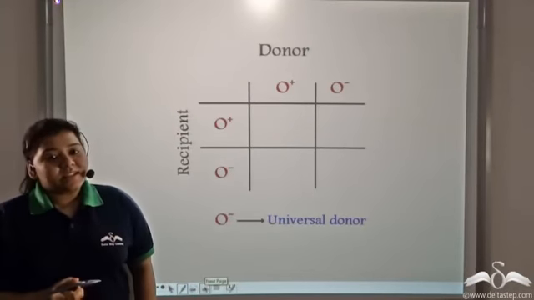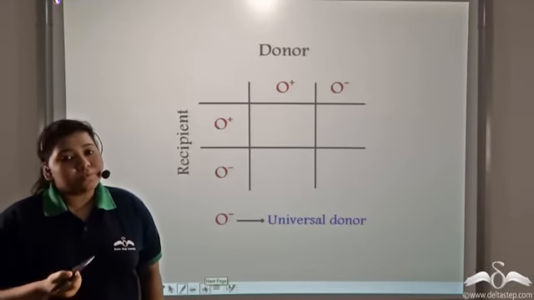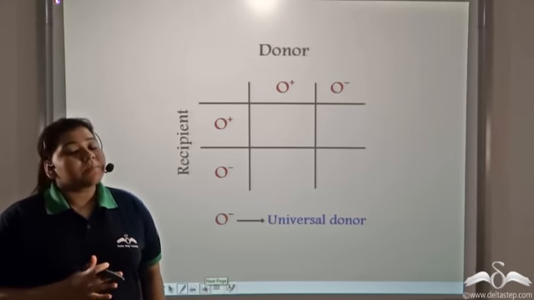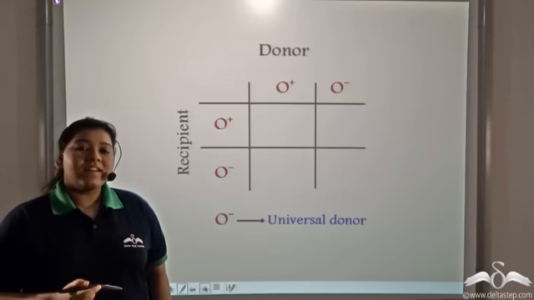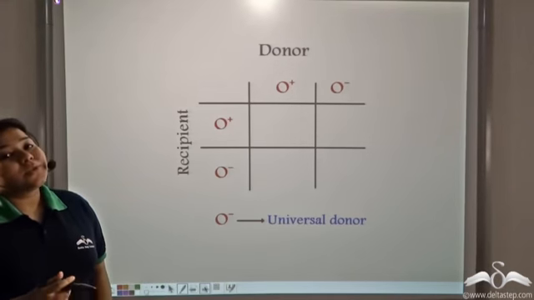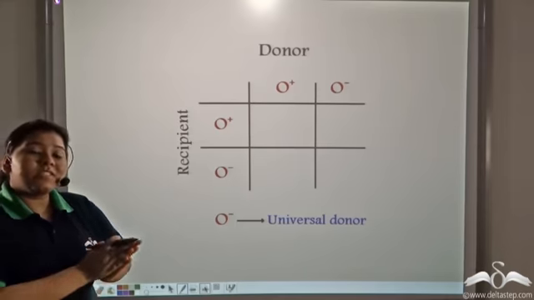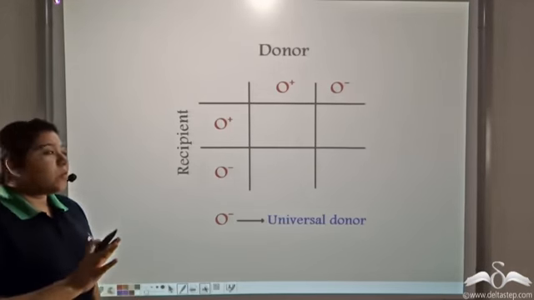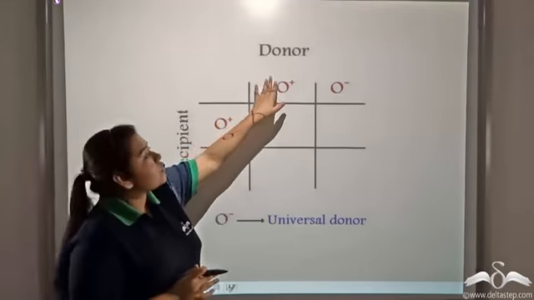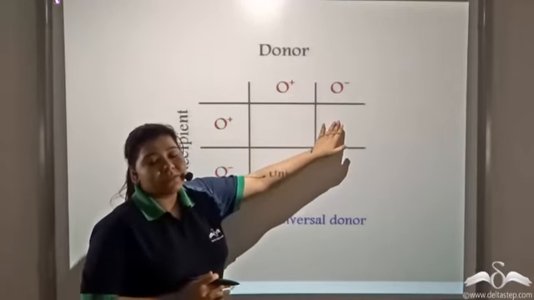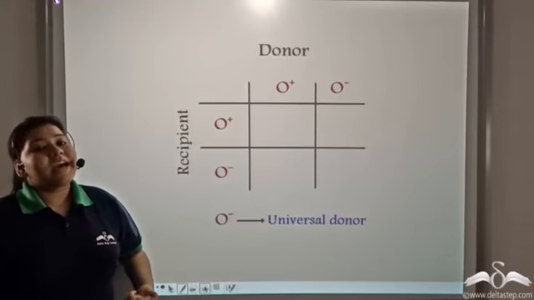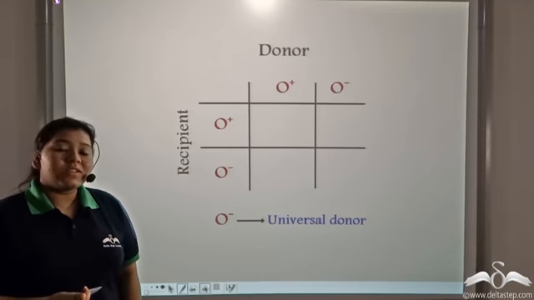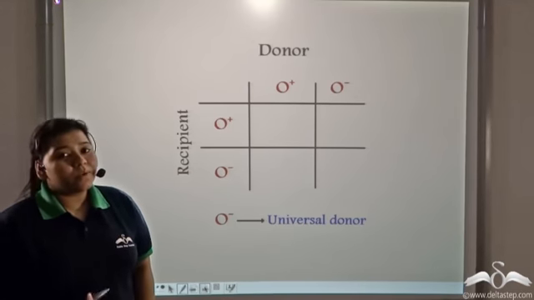Till now, we have studied that a person having blood group O can donate blood to anybody. But is this fact completely true? Well, there is another factor known as the Rh factor, which differentiates between the blood groups. So blood group O can be further divided into O positive and O negative. So now let us see what happens when a person having an O blood group tries to donate blood to another person having an O blood group.